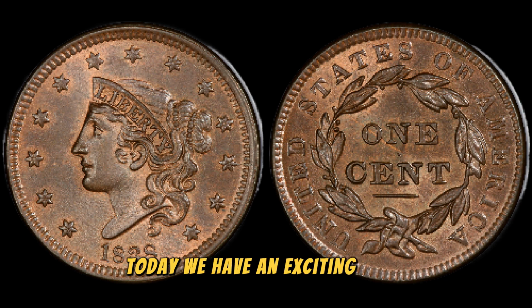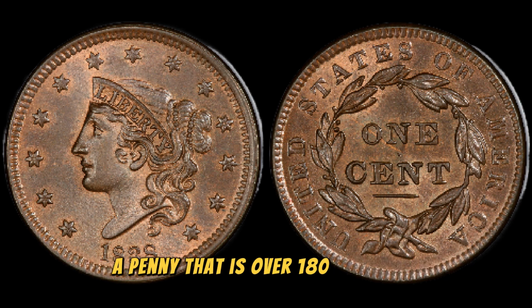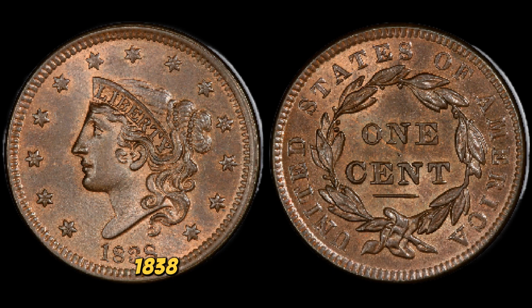Today, we have an exciting topic that could put a small fortune in your pocket, a penny that is over 180 years old, yet it holds immense value. We'll be exploring the 1-cent 1838 mint mark Liberty penny, uncovering its history, significance, and why it's worth a staggering